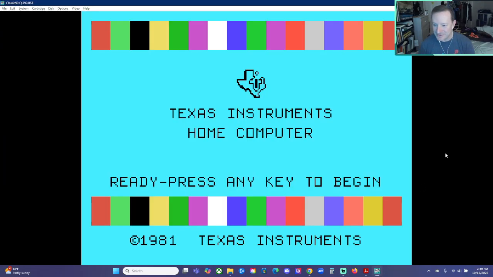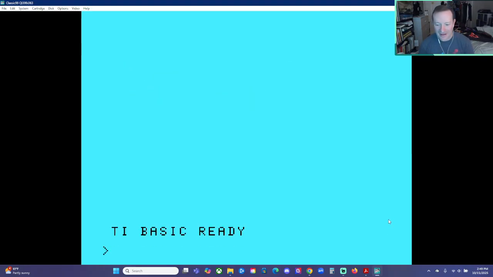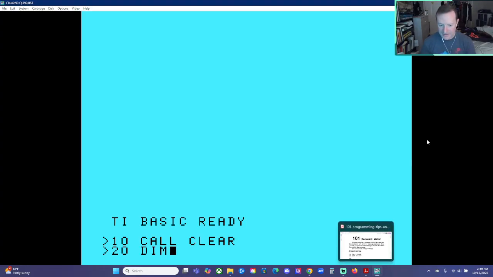Alright, let's get into Classic 99. Here's the TI-99/4A start screen. Press any key to begin. Press 1 for TI Basic. And here we go with the last program from this book by Len Turner. Okay, 10, CALL CLEAR. Let's not start with a typo. There we go. 20, DIM, dimension of an array,